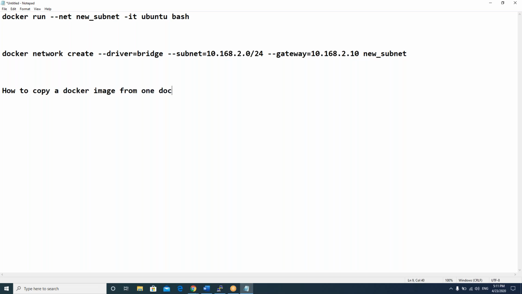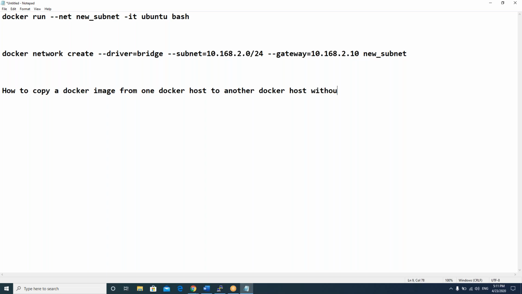without Docker Hub. So already you did it from Docker Hub. First you pushed from one Docker host to Docker Hub, then from one more Docker host I can download it using docker pull or docker run. That is the general procedure. But here in my case, let's assume that I have two Docker hosts, one dev Docker host and one QA Docker host.